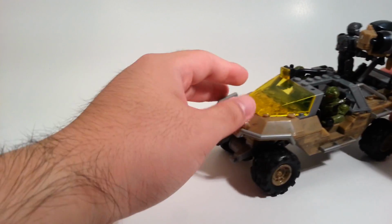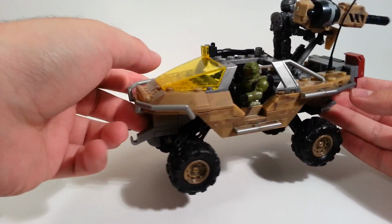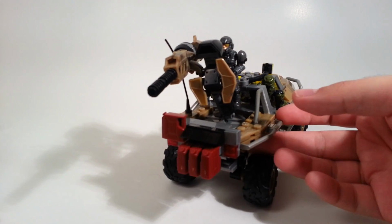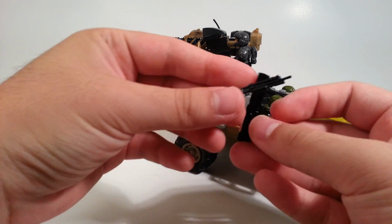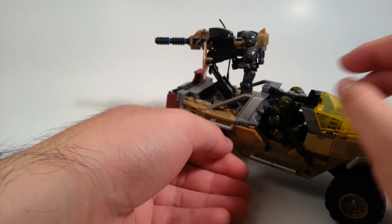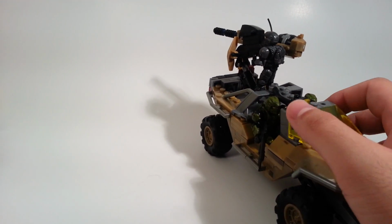So yeah, it is a very well-rolling, very cool-looking vehicle from the Halo world. I dig it a lot. If you have a lot of these sets, I think this will be a neat addition to it. Also, they came with guns. I forgot to mention that, by the way. But, yeah, I like it a lot. Pretty simple set. Only took me about 20 minutes to build the thing on the whole,